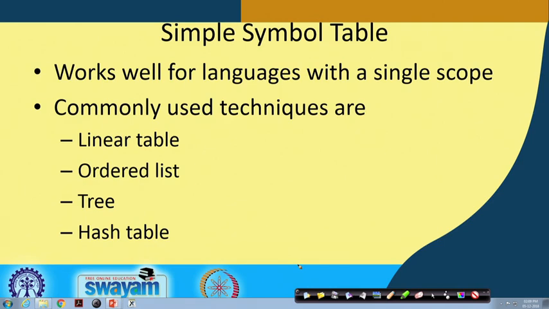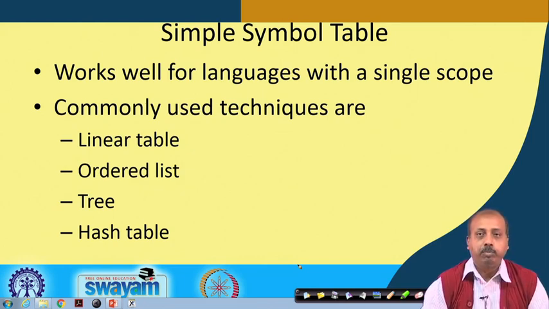One thing I would like to tell you is that it is not mandatory that you follow only one of these 4 alternatives for symbol table organization. Depending on the programming language and the type of information that you need to store, you may prefer some other organization as well. Some complex data structures can be thought about, and then the symbol table may be organized like that. These are the commonly used options that we are exploring.